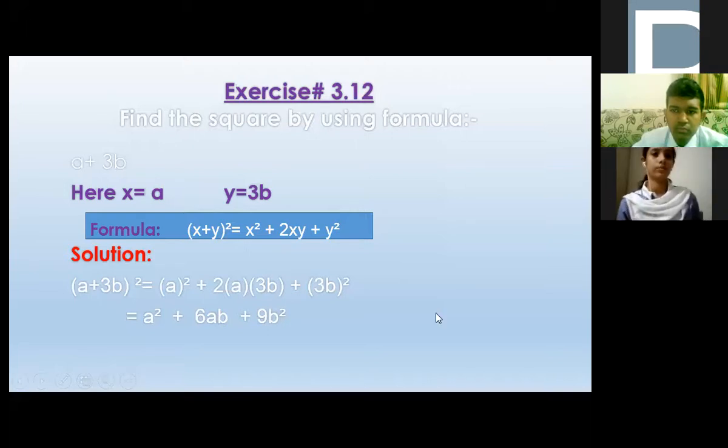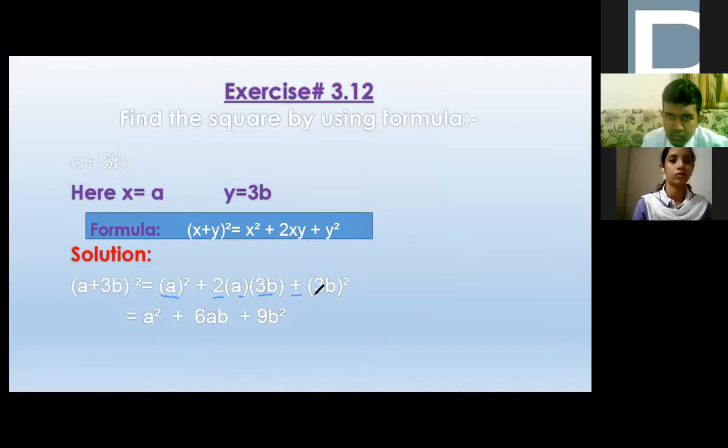Shabash, very good. So here x is equals to, first term is x and second term is y. Okay? So here we get first term square. Look at the simplification quickly. First term whole square plus twice the first and second number, then plus second term whole square, right? First term is only a, so we get a square, but in the third bracket we can see that 3b whole square. That means we have to put the square on 3 and we have to put the square on b as well.